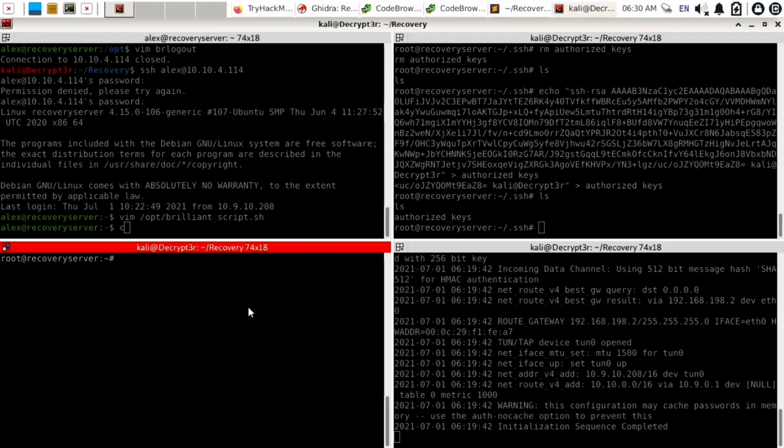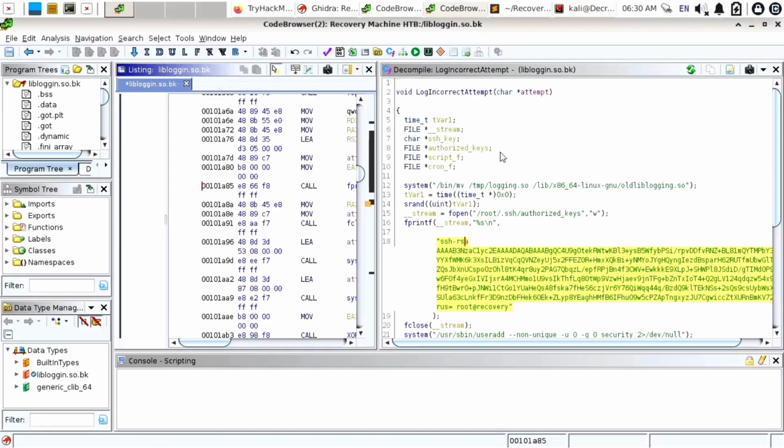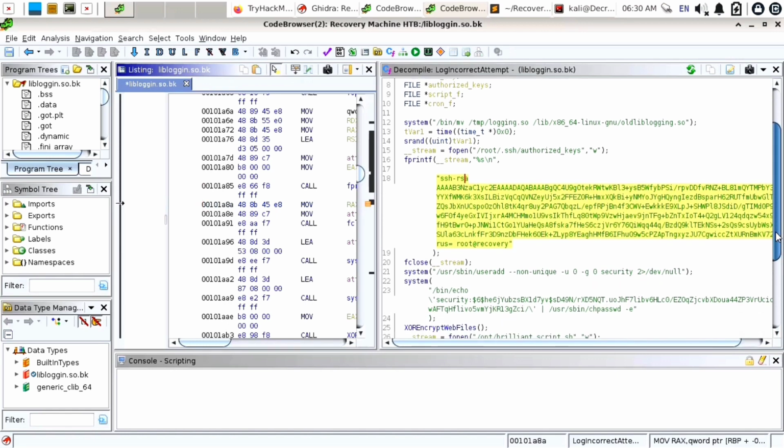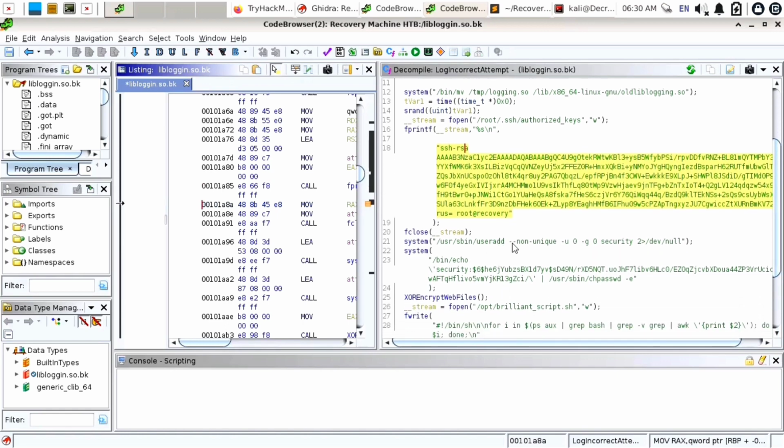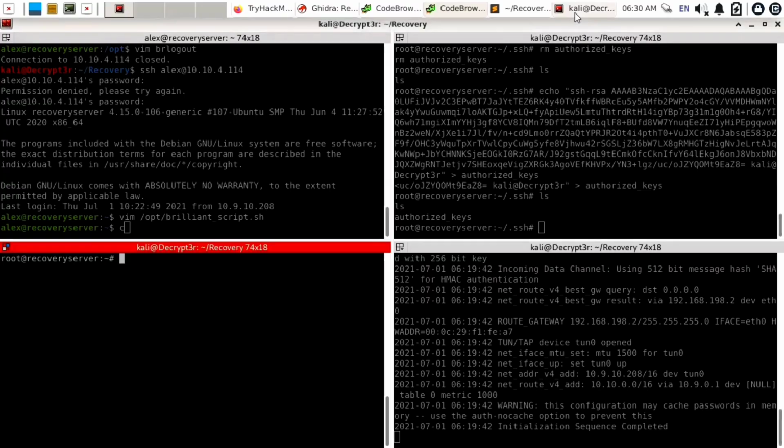Now we need to find flag 4. For that, we will analyze GHydra again. Just open GHydra and analyze that liblogging.so file again. After SSH, what it was doing was adding a user. That user was security. So we just need to remove the security user to find a flag. So open the terminal again and try to remove that user. To remove the user, you can use the command userdel security.